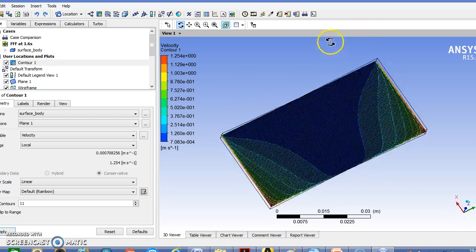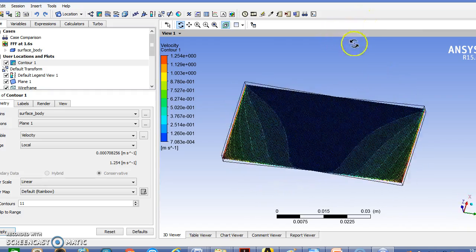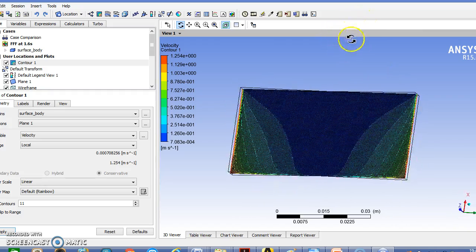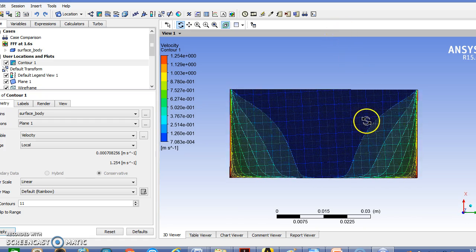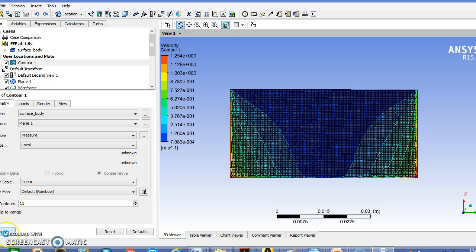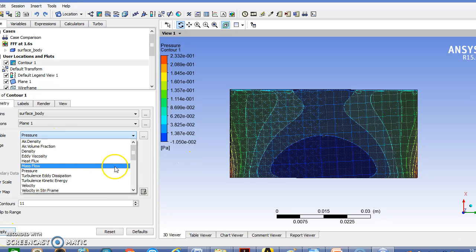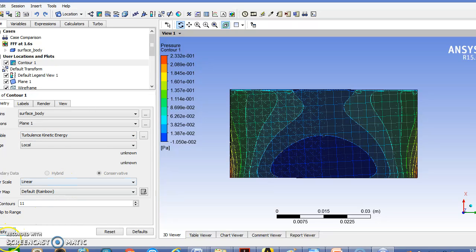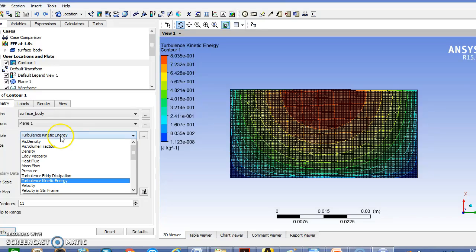Just align it according to your view. Likewise, you can also plot whatever else you want, for example turbulent kinetic energy. And the water volume fraction will be somewhere in the